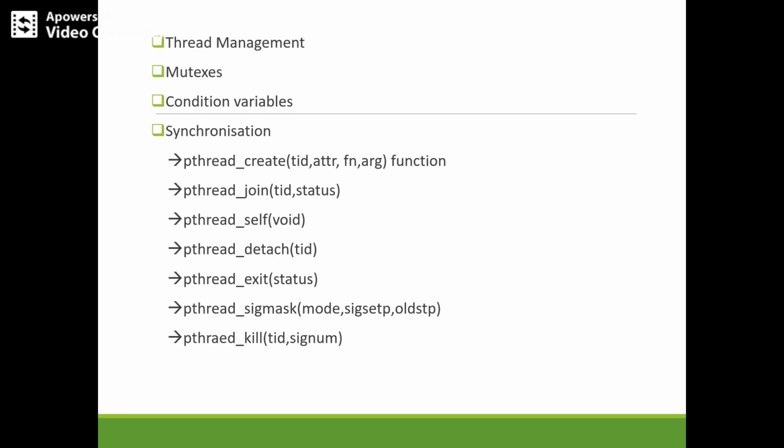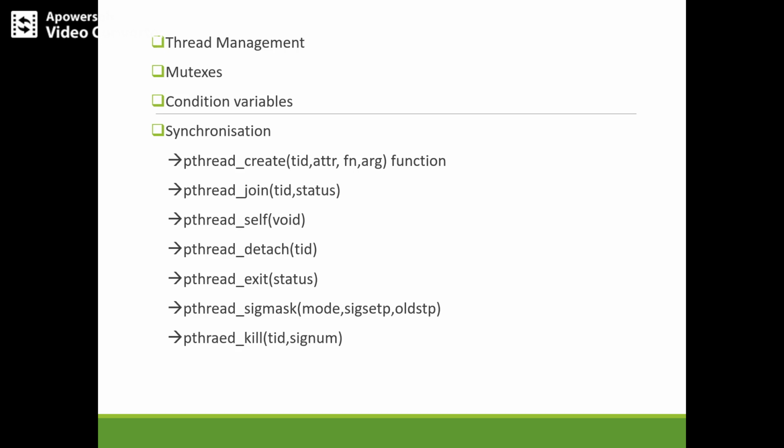So here we have other subroutines which comprise the pthreads API, which are formally grouped into four categories. They are thread management, mutexes, condition variables, and synchronization. So what is thread management? It contains the routines that work directly on threads, such as creating a thread, joining a thread or detaching a thread. All the basic primitives on threads are supported in this thread management subroutine group. They also contain functions to set the thread attributes as well as scheduling of a thread.